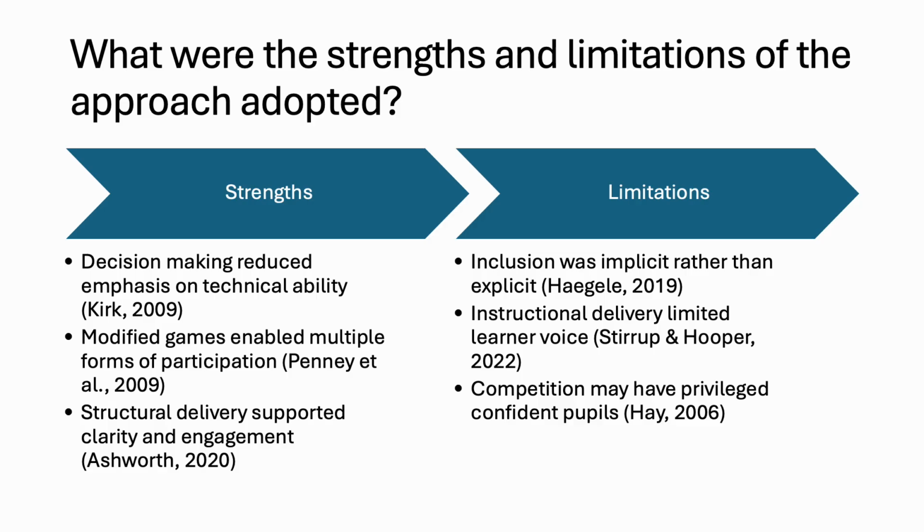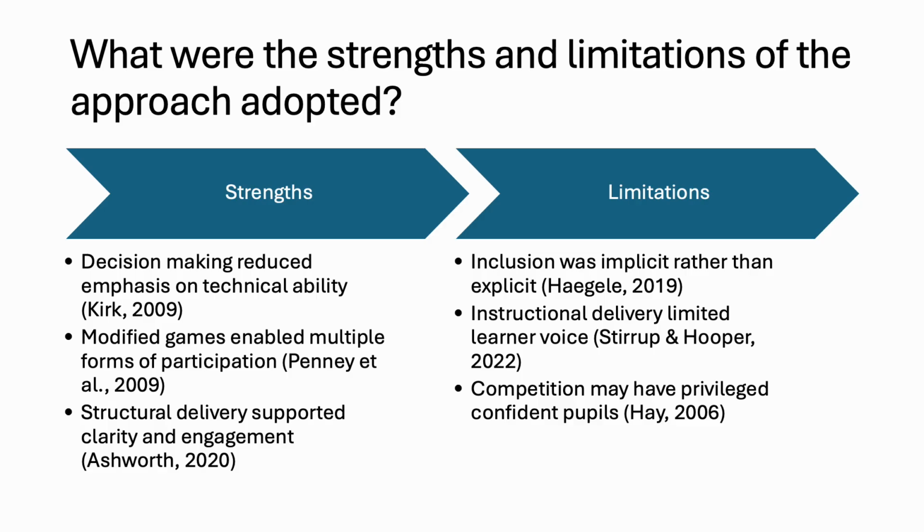A further limitation related to the predominantly instructional teaching style adopted during delivery. While instructional delivery supported clarity, organisation, and efficient transitions within a 15-minute episodic lesson, it also positioned the teacher as the primary decision maker. From a critical pedagogical perspective, Stirrup and Hooper argue that PE should move beyond transmission models of teaching to create spaces for dialogue and shared meaning making. In this lesson, instructional delivery limited opportunities for pupils to influence task design or success criteria, potentially constraining deeper engagement